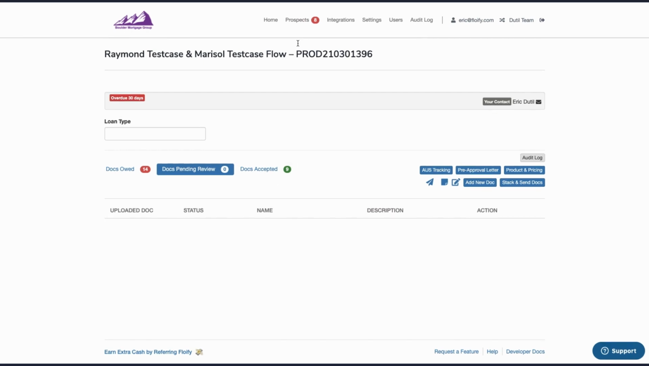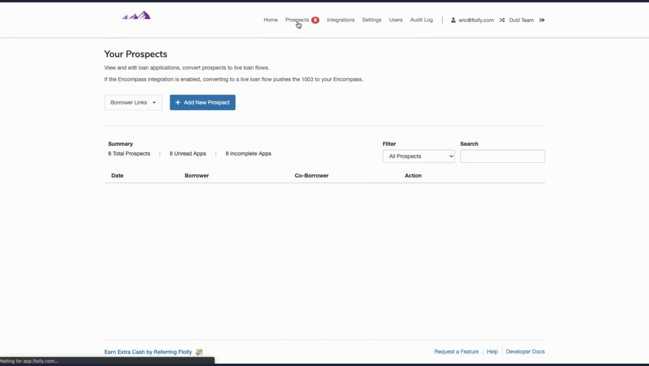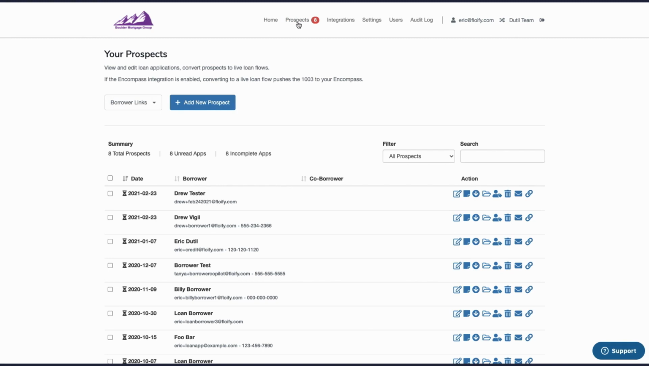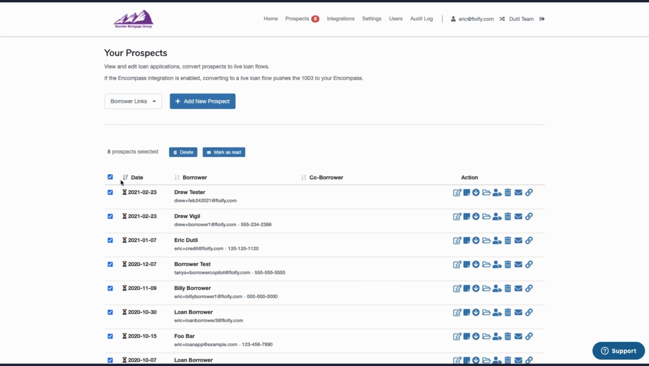Now, the next place we'll look is going to be on the Prospects tab. There's a couple of different options that you have from here. Again, you can pick and choose which incomplete applications you want to select. I'm going to go ahead and select all of them, and you have 2 options here. You can delete any of these applications that you no longer need from your prospects, or you can mark them